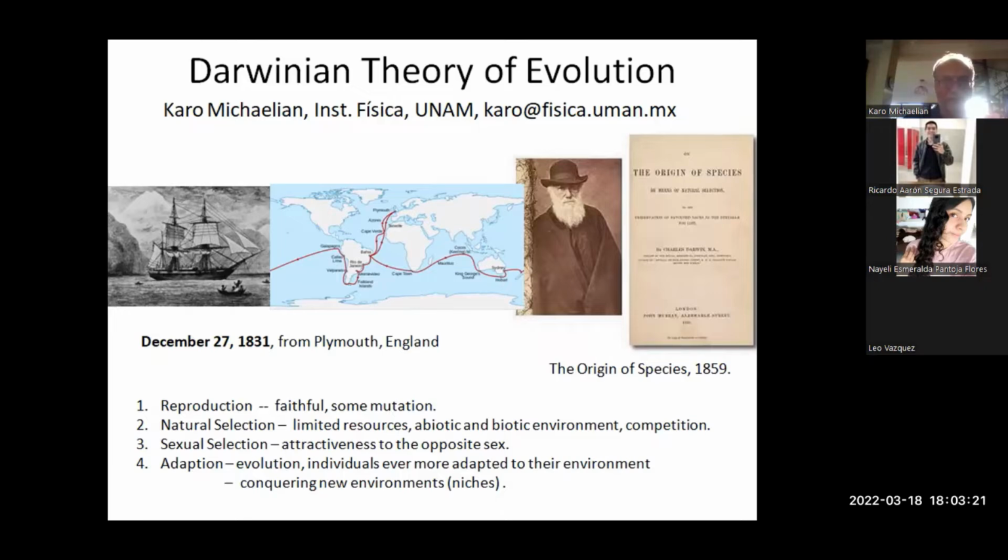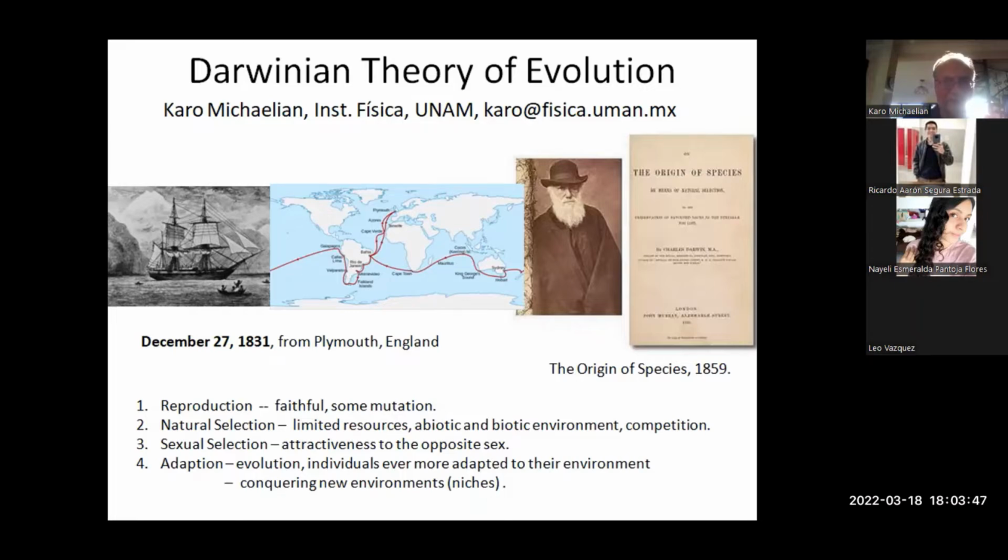Okay, so this is a talk about Darwin's theory of evolution. You might know a little bit about the history of Darwin, but he essentially began with a sail around the world on this boat, which is called Her Majesty's Service Beagle, which we see here in the photo of the boat.